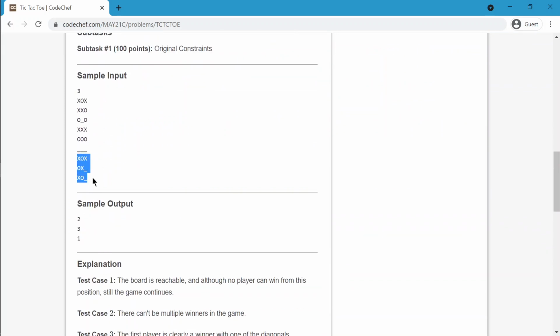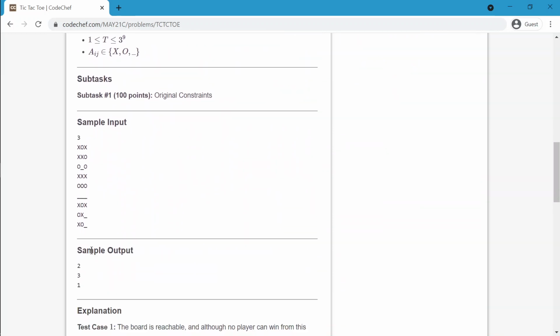And the last one: if anybody has won or the game has drawn, then you will print 1.